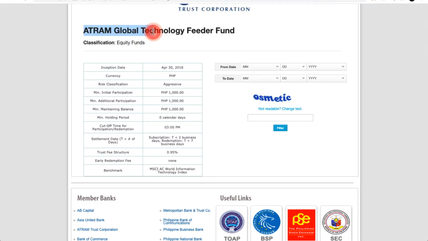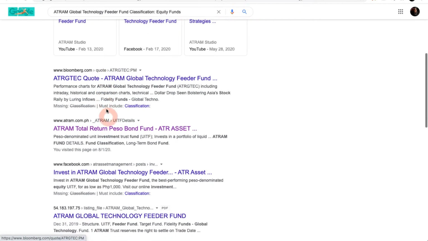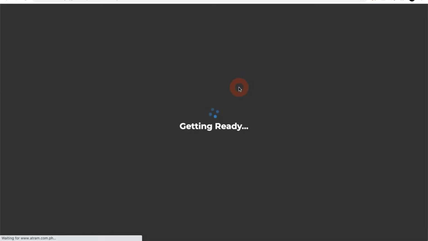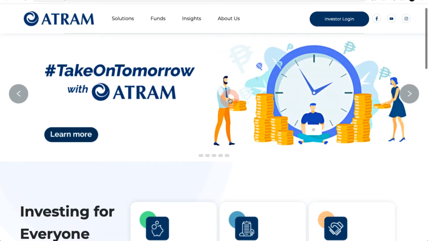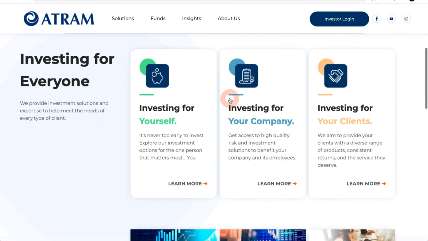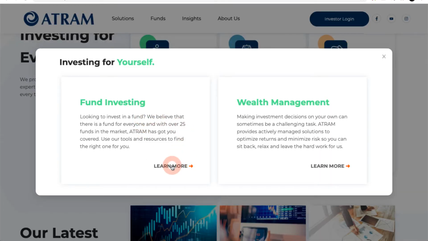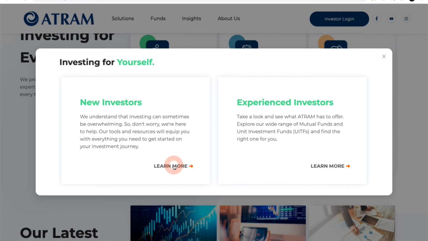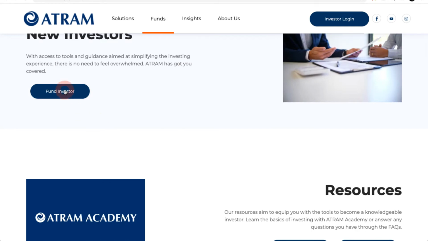Let's go ahead and search. Nowadays, that's just the only thing that you need to do is search, right? So let's see, is the company, right? So atrium.com.ph. Now, if I'm not mistaken, Atrium is tied up with another company, right? They're the one who gets the investment for you. So here, let's say you're investing for yourself, you need to learn more. Fund investing, right? Alright, so fund investor,